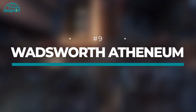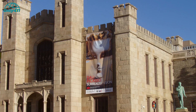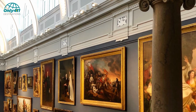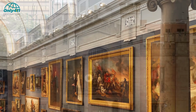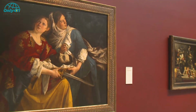Number 9. Wadsworth Atheneum. Wadsworth Atheneum is one of the country's oldest free public museums, displaying more than 50,000 works of art in its Gothic-style building. Awe-inspiring are its collections of American arts, especially works of the Hudson River School. More than 5,000 American works of art are portraits by John Singleton Copley, paintings by Georgia O'Keeffe and Andrew Wyeth,